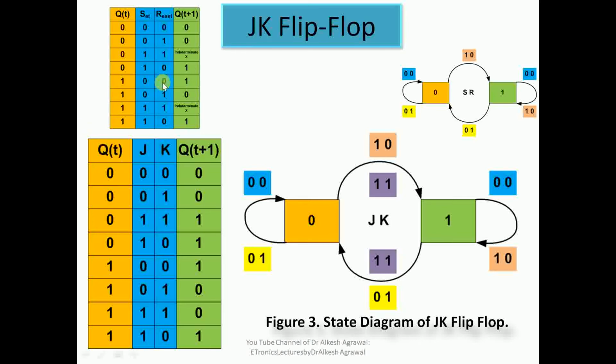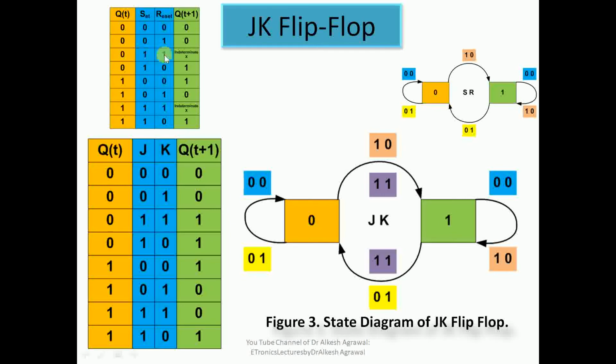If you just visually compare, you can see everything is the same except the condition 1 and 1. We have already discussed that in the SR flip-flop both inputs cannot be activated, but here this situation is not there, that is, both inputs can be activated at a time. Here also we can give 1 input. Besides this, the conditions are the same. So what I mean to say is the conditions which prevail in the set and reset or SR flip-flop are the same in JK except one condition, that is in S and R.